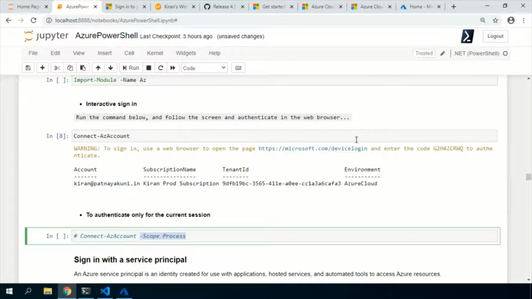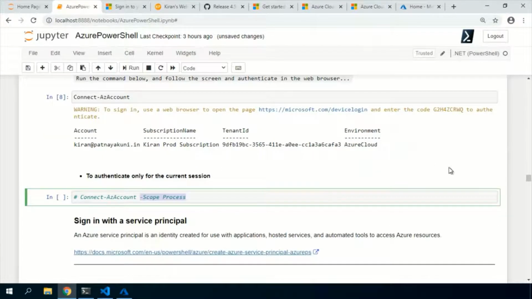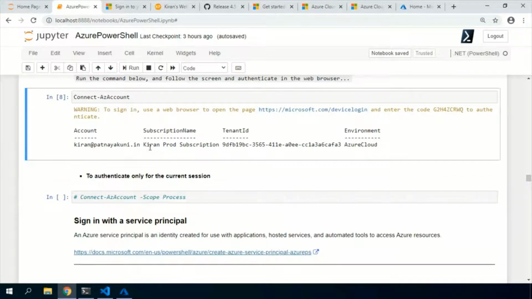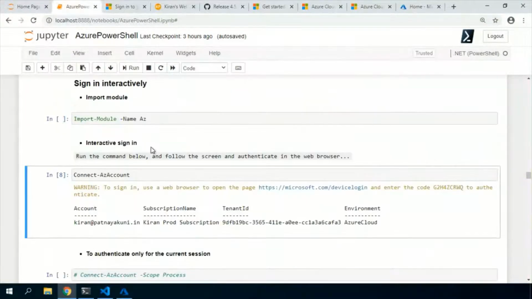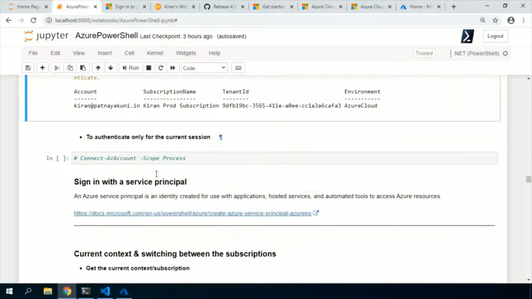If you don't want that, you can use the scope, or there is a commandlet called Disable-AzContextAutosave, so it will not save the login credentials after you exit the session. All right, and this is how you can interactively log in. And there is another process.